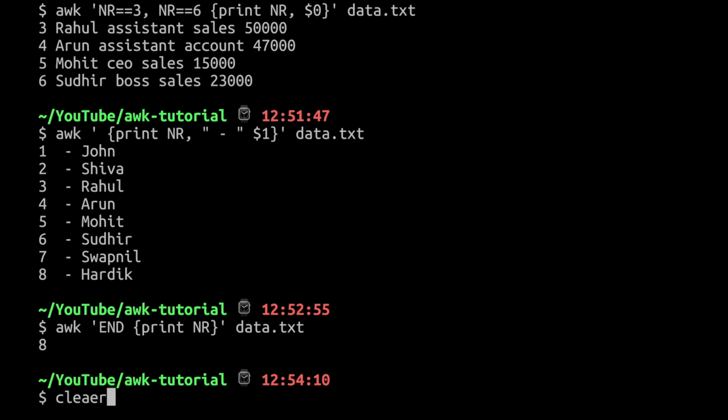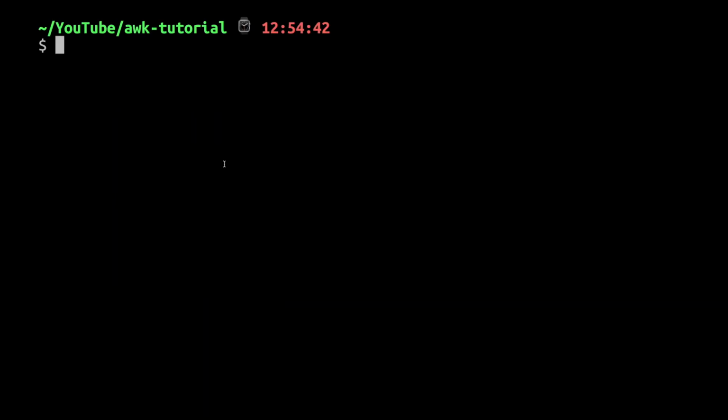And there are some inbuilt functions also which you can use. I'll show you one of them. Let me clear the terminal. For example, let's say you want to print only those lines which have more than some number of characters. You can simply calculate the length of each record. There is an inbuilt function called length, and here you can pass $0. As I mentioned, $0 means the entire record, and it gives you the length.